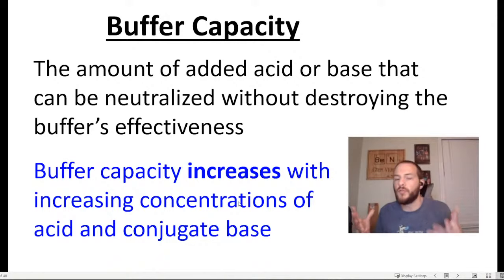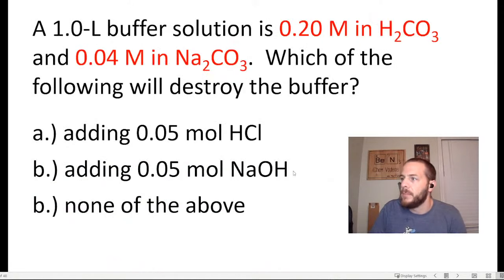So the more concentrated your buffer solution is, the higher your buffer capacity is, which means there's going to be a larger amount of acid or base that you're going to have to add in order to destroy the effectiveness of that buffer. And so a typical question around buffer capacity might look something like this,